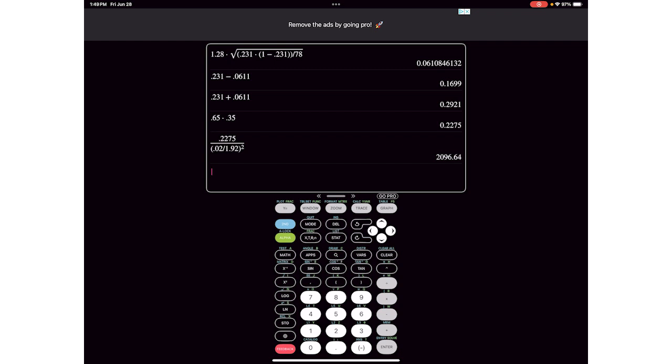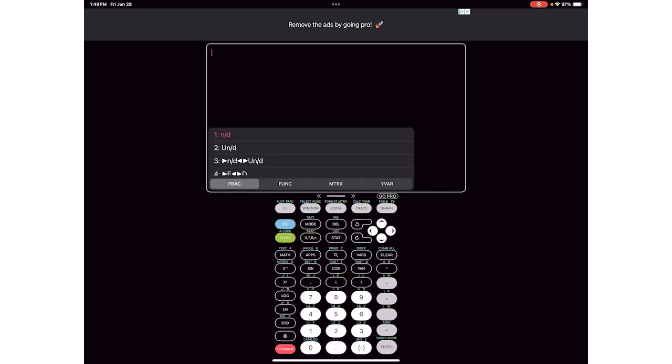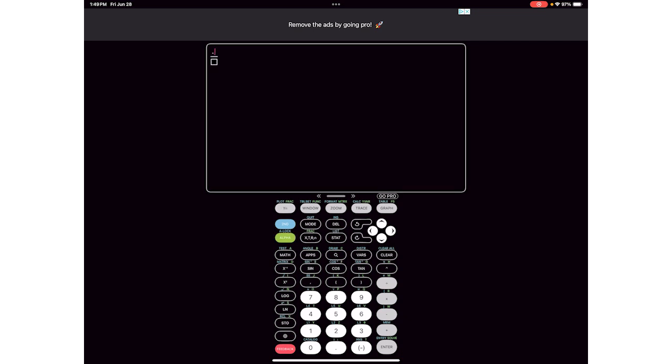Sorry, that should not be 1.92. It should actually be 1.96, so that's not right. Let me redo that. You're going to go to alpha y equals, and then hit the number 1. It's 0.2275, and then hit the down arrow, and then parentheses, and it's going to be 0.02 divided by 1.96. Close your parentheses, and then remember to hit the squared button, which is the x squared button, and then enter, and you get